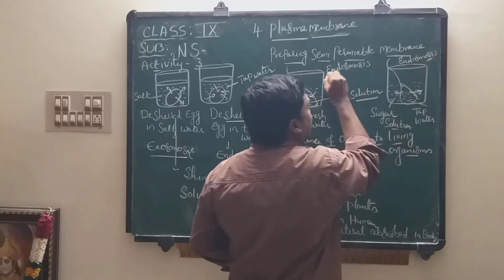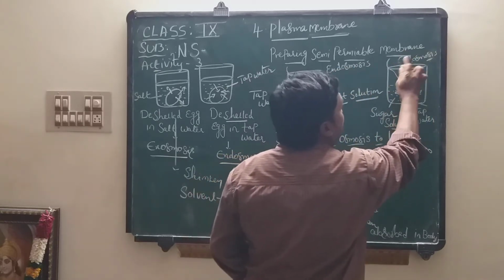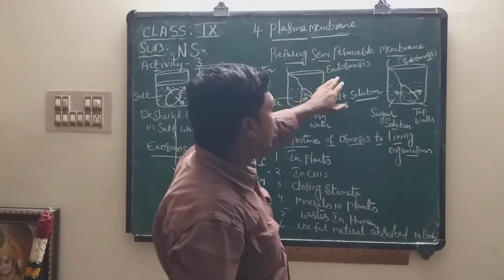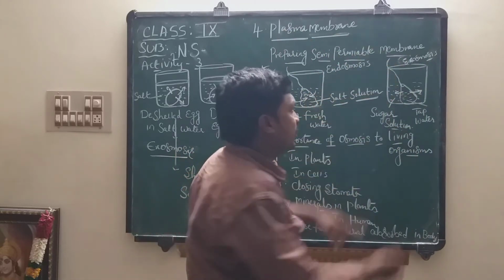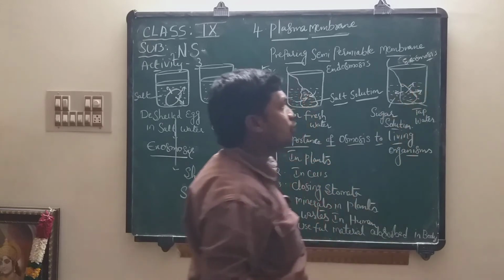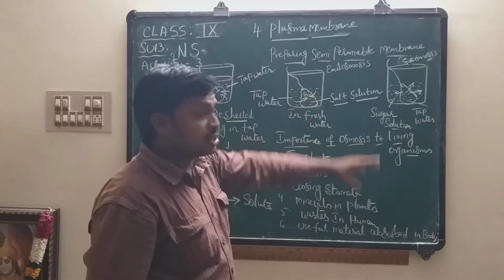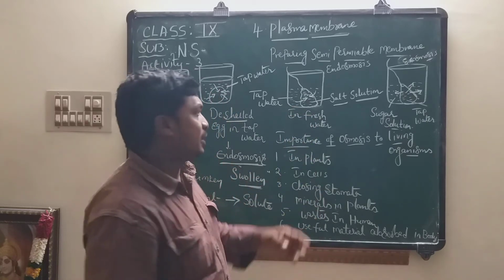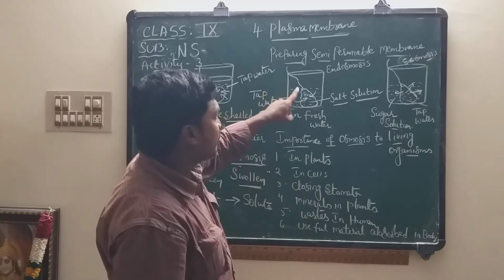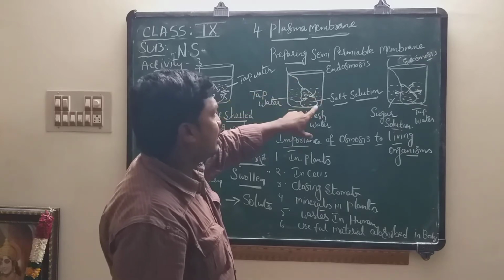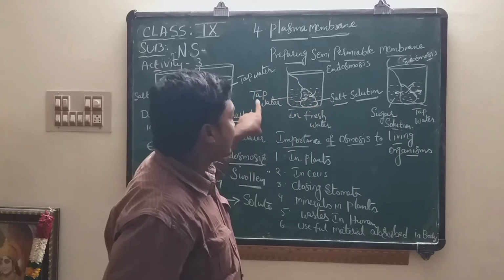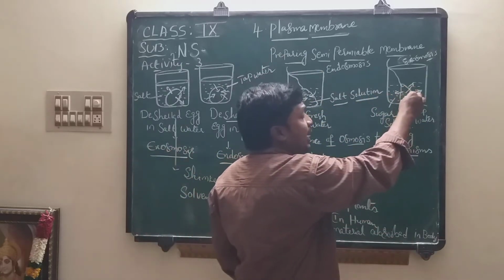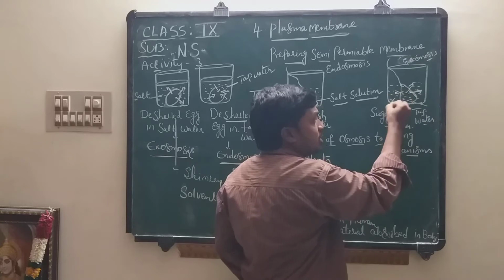In the first activity, we can find out endosmosis. In the second activity, we can find out exosmosis. If you observe in these two situations, water only moves from one place to another place. In the first activity, we kept the egg layer with salt solution in tap water. In the second activity, we kept the egg layer with tap water in sugar solution.